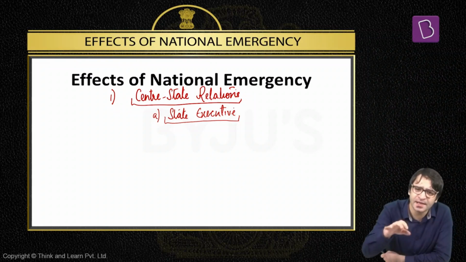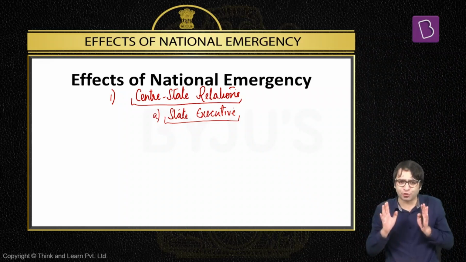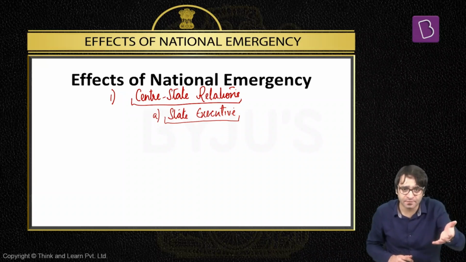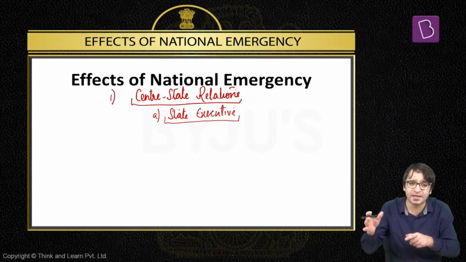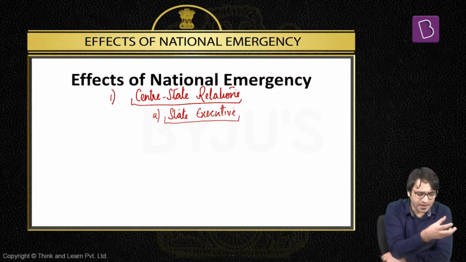Coercive in the sense, these directives are binding on the states. For these directives which are binding on the states, there are specific matters mentioned in the constitution. That in these matters, the directive issued by the center to the state is binding on the state. For example, means of communication, posts, telegraph, please maintain them. That's the directive issued by the center to the state, and it is binding on the state. Similarly, let's say for example, linguistic minorities from Maharashtra, there are people migrating to Karnataka.